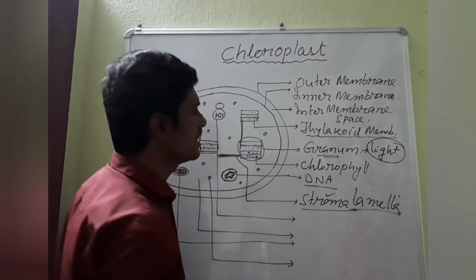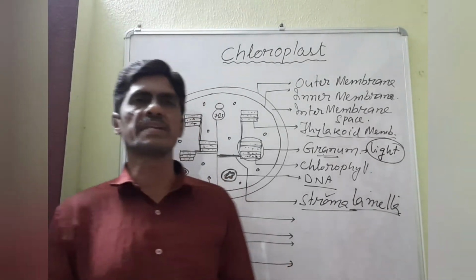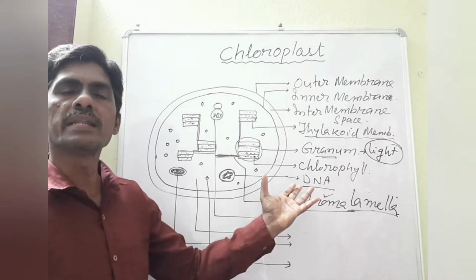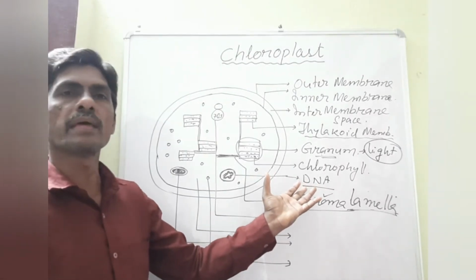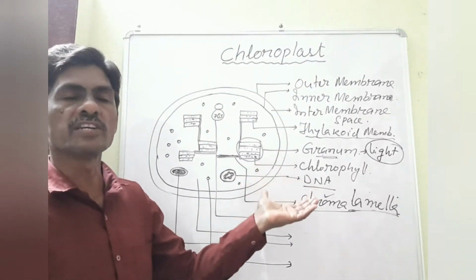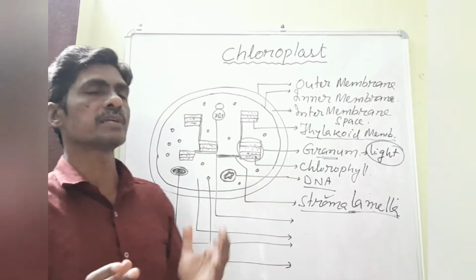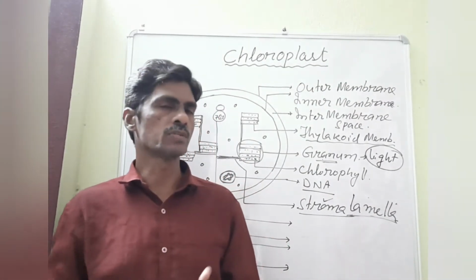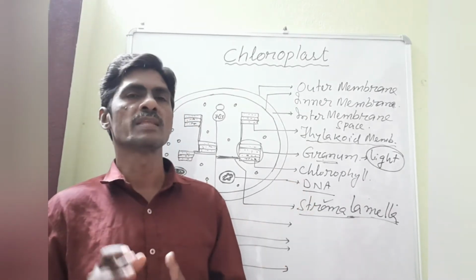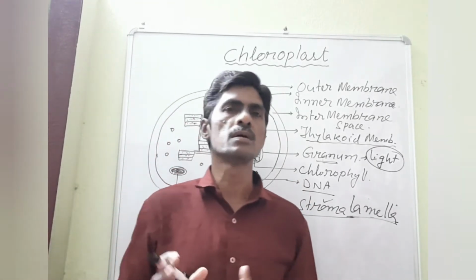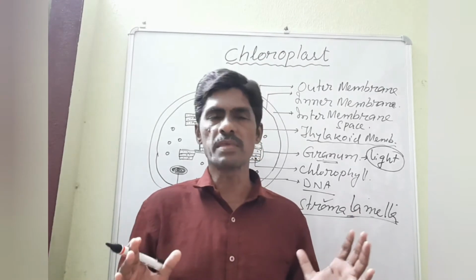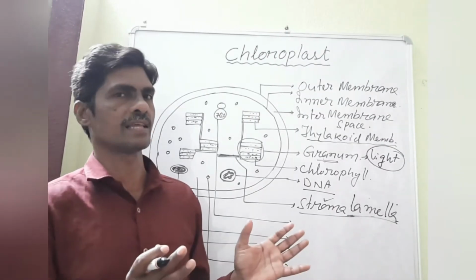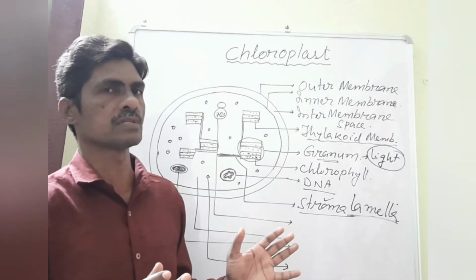So what is DNA? DNA is a genetic material. Like that, in the chloroplast also, one type of DNA is there, and this forms that genetic material. After cell division, one chloroplast is divided into two. So that's why chloroplast is called a semi-autonomous organelle. Semi-autonomous organelle means it can perform functions like a cell. So that is the semi-autonomy of the cell.